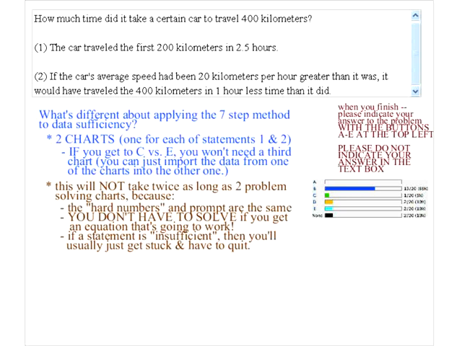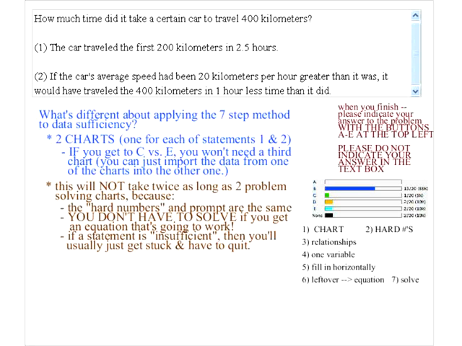So again, here are the 7 steps. This time I think I can type along in the same color, so I think we're good here. Number 1 is chart. Number 2 is hard numbers. Number 3 is relationships. Number 4 is one variable. Number 5 is fill in horizontally. 6 is leftover, gives you an equation, and 7 is solve.